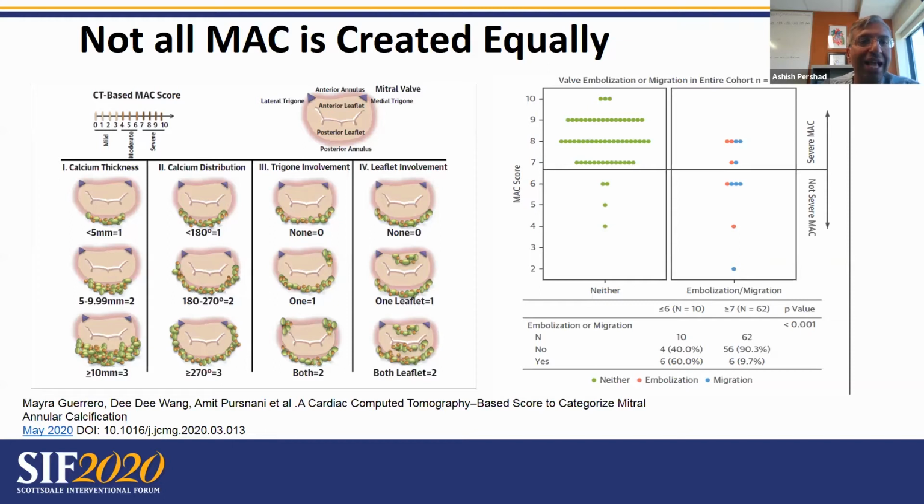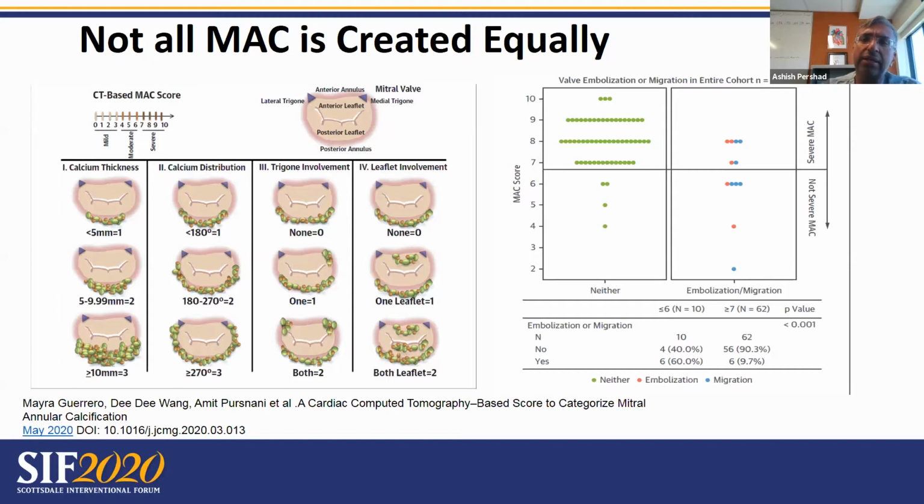The distribution of calcium within the annulus, whether it was less than 180, greater than 270, or less than 270, gave you 1, 2, and 3 points. Involvement of the trigone on either side gave you 2 points, one side gave you 1 point, and if there was no involvement of the trigone, you got 0 points. Similarly, leaflet involvement gave you 0, 1, and 2 points. And the takeaway from this paper that is soon to be published in JACC